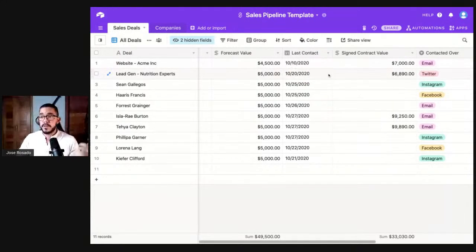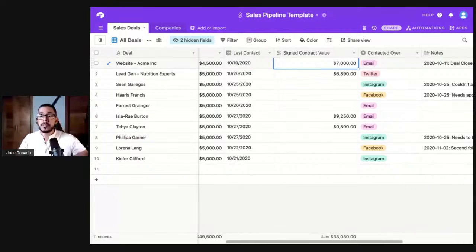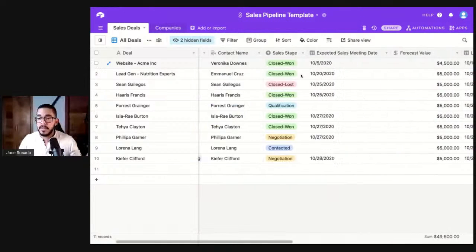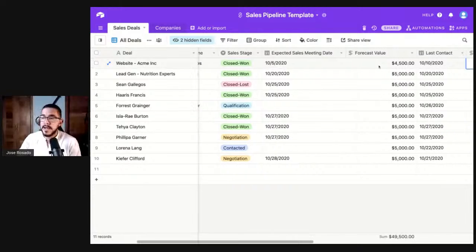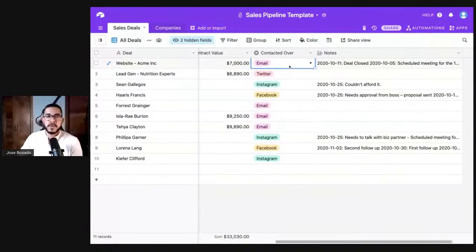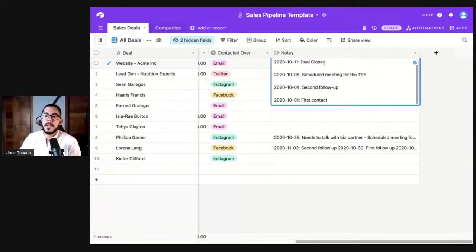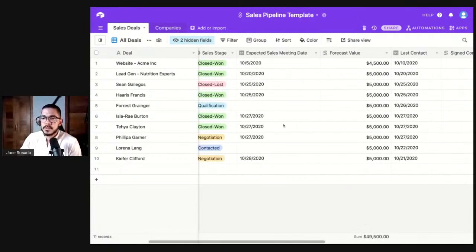How much am I going to charge for that website? The last time I contacted that person, well, I won this website, so maybe they paid me $7,000 instead of, let's say, the forecast value. Where did I contact the person? Over email. And here are some of the notes. Let's say on October 11th, the deal was closed, but they were first contacted on the 1st of October, okay? So here's something that you need to do manually, unfortunately, but it's a good way to start documenting what you did with that person. The first contact, the second follow-up, when you scheduled the meeting, and when the deal was closed or denied, okay? So this is a great way to get started with